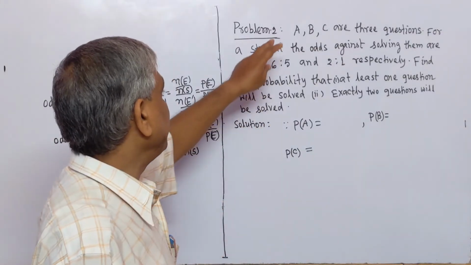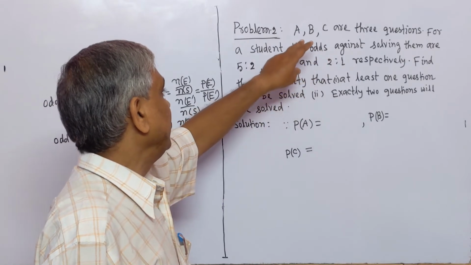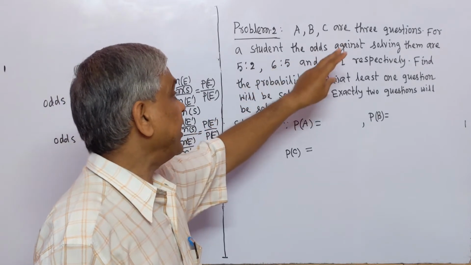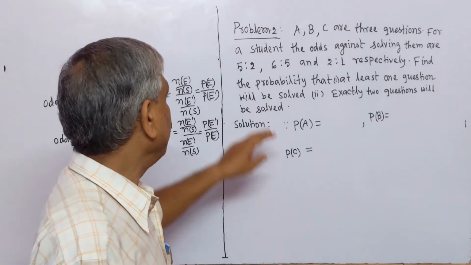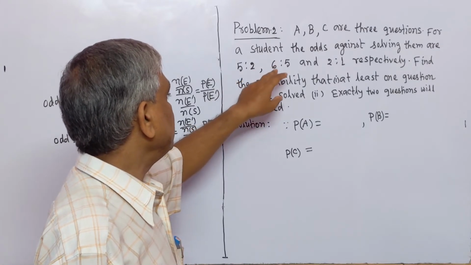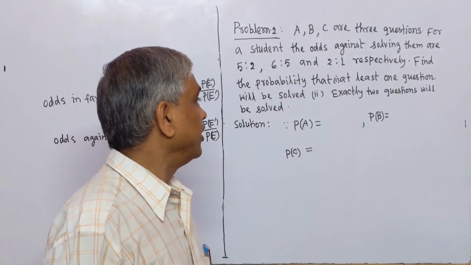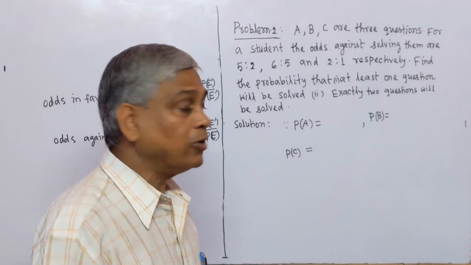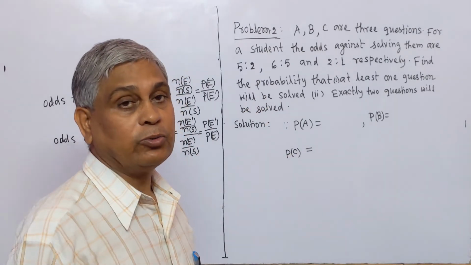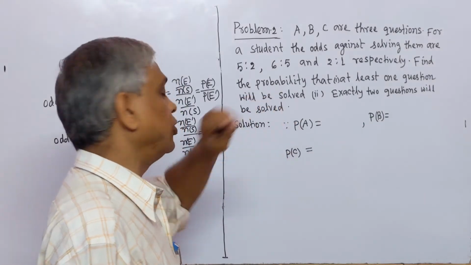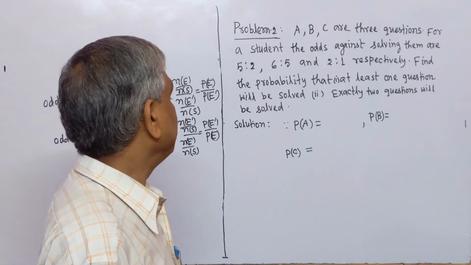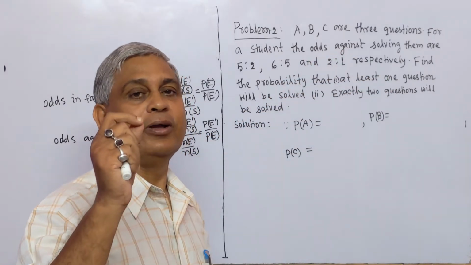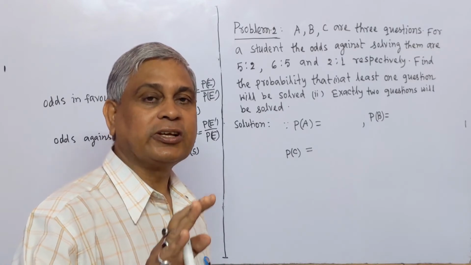Now we solve problem number 2. The problem is: A, B, C are 3 questions. For a student, the odds against solving them are 5 is to 2, 6 is to 5 and 2 is to 1 respectively. Find the probability that number 1, at least one question will be solved. Number 2, exactly 2 questions will be solved. Now we solve this. Firstly, we have to know what is odds against and also one term, odds in favor